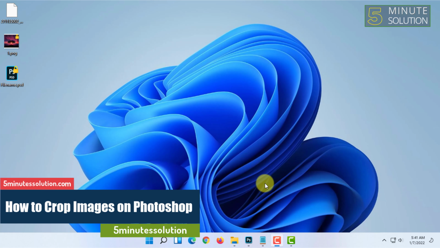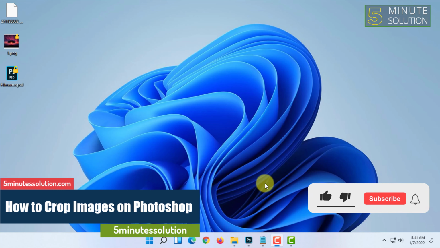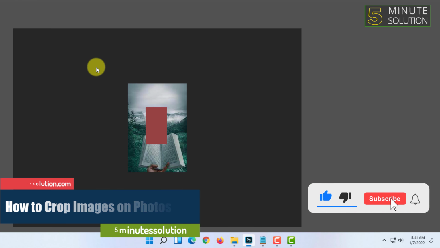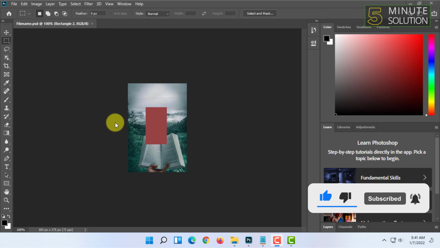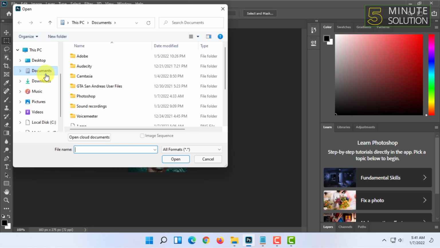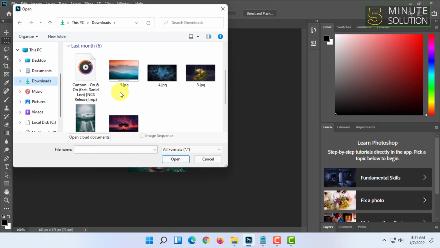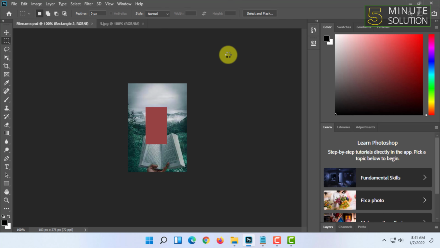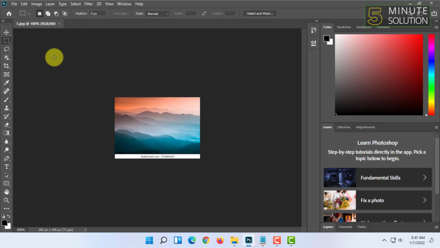In this video I'm going to show you guys how you can crop images on Photoshop. So you have to be in Photoshop and the image has to be opened, or you can simply open the image you want to crop. So I have opened this image,